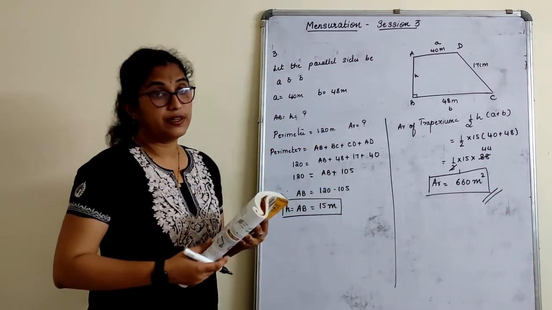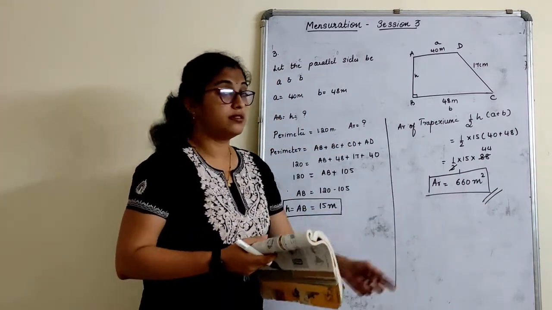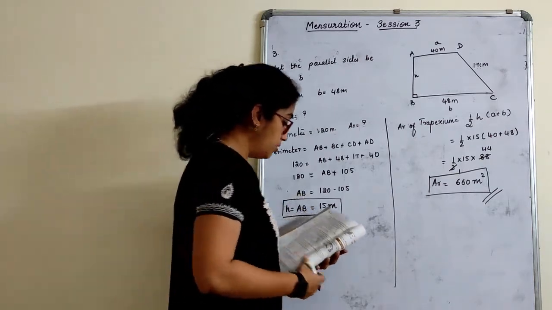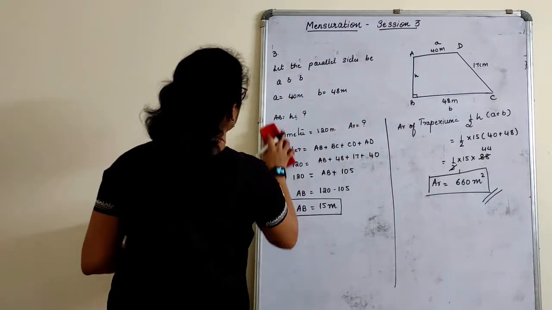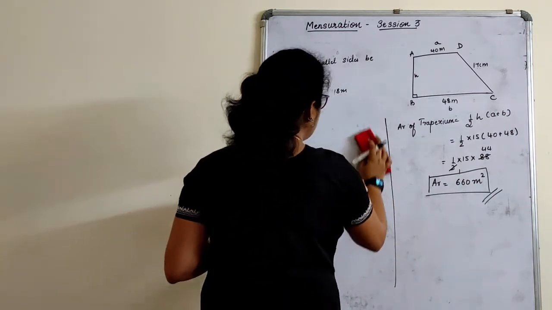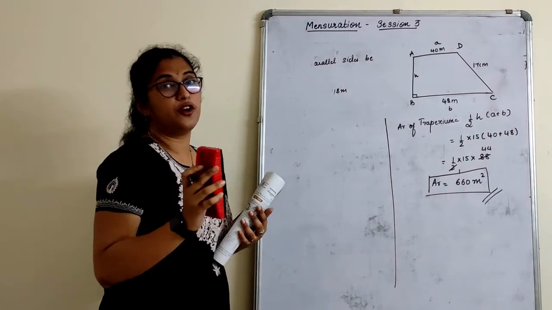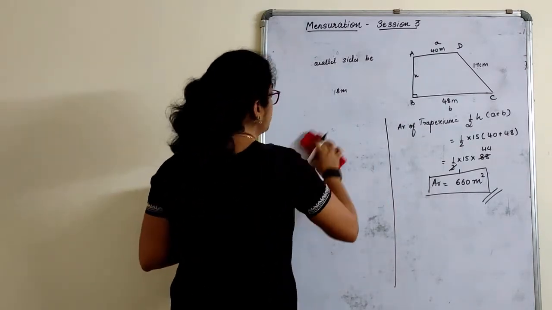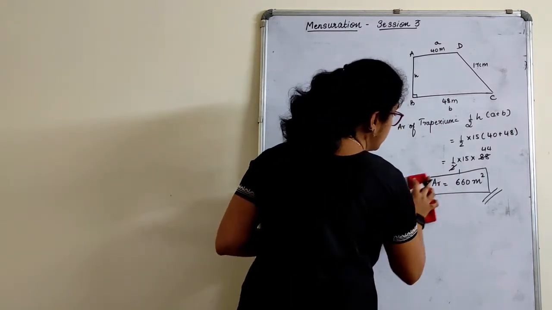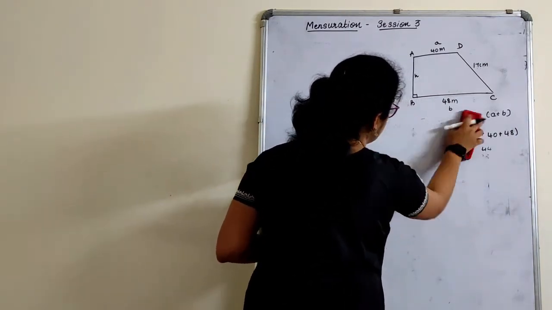This is how we find area as well as the given side. We'll move to the next one. As I have told, it's very simple, provided you know the correct formula and how to apply it here. That is why I made you all write the formulas first in this chapter and then start with this.